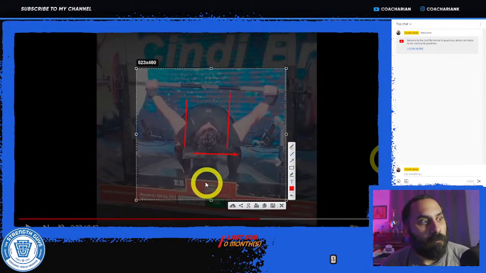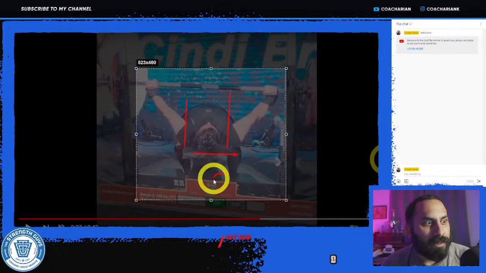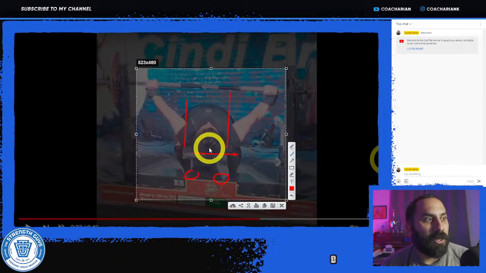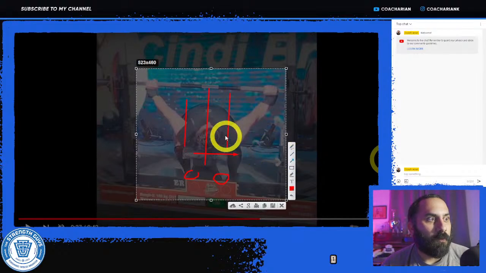Also, it could be the angle, but you can kind of look at how much space is here, and then there's no space here. So potentially, if this was a good shot of the bench, then she is shifted over again with the hips and the feet to that side.